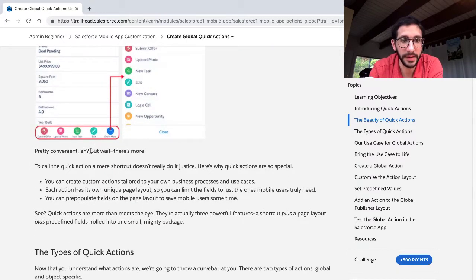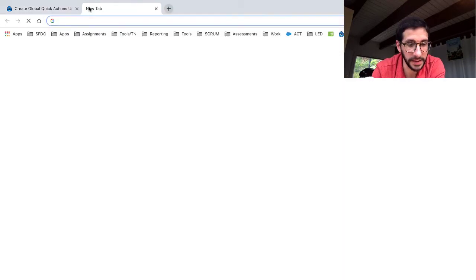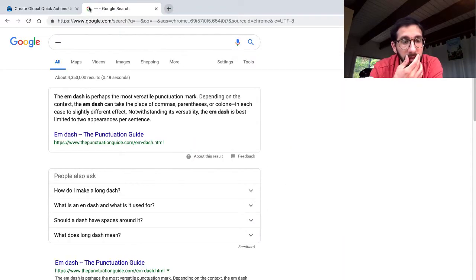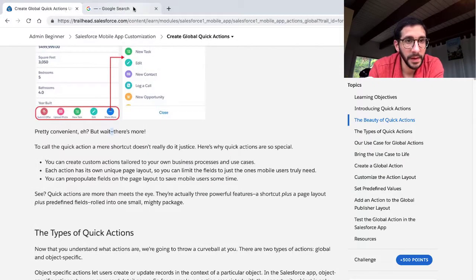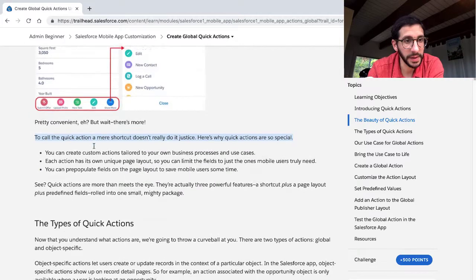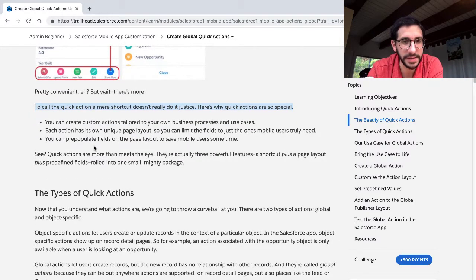Pretty convenient, eh? But wait, there's more. To call the quick action a mere shortcut doesn't really do it justice. Here's why quick actions are so special. You can create custom actions tailored to your own business process and use cases. Each action has its own unique page layout, so you can limit the fields to just the ones mobile users truly need. You can pre-populate fields